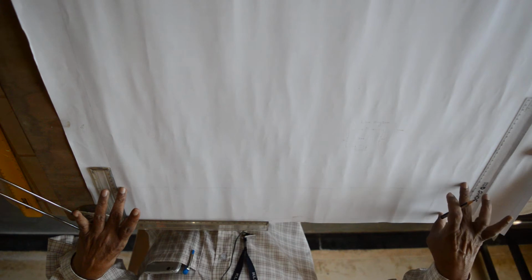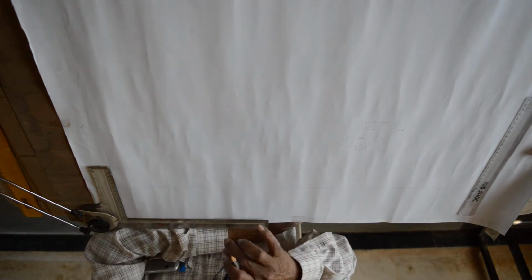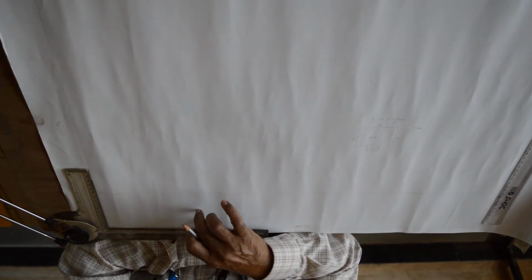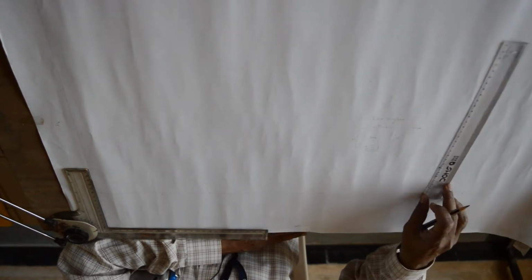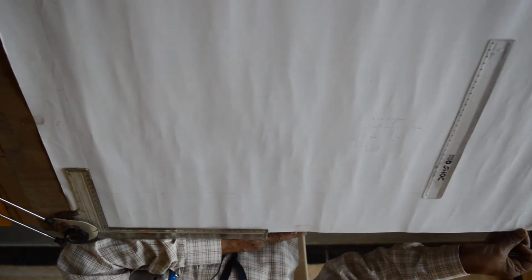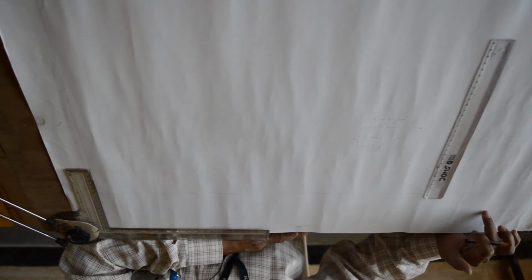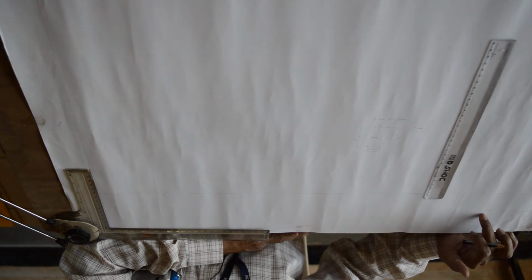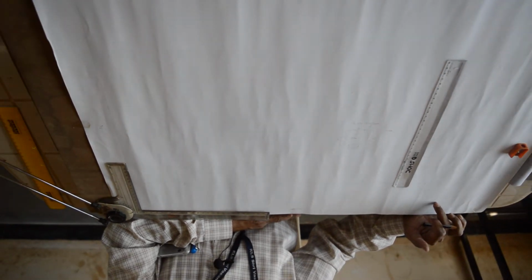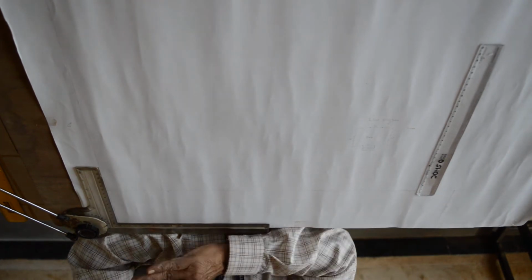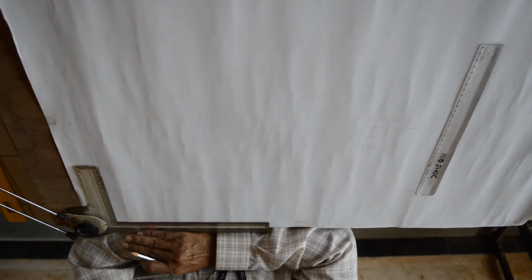Okay? Title block means the detail of the name of the building, and here one more block is there, that is for your name, semester, roll number, college name and drawing sheet number, everything in this block.